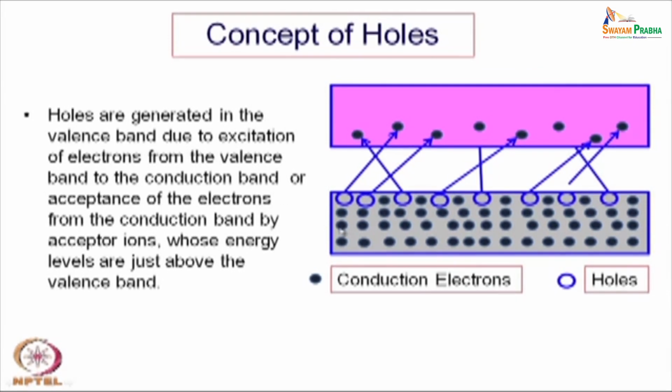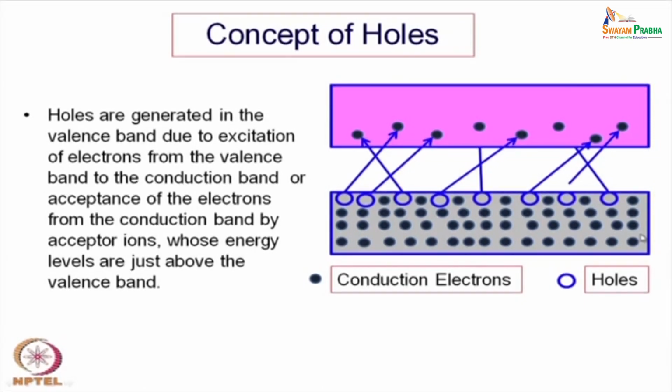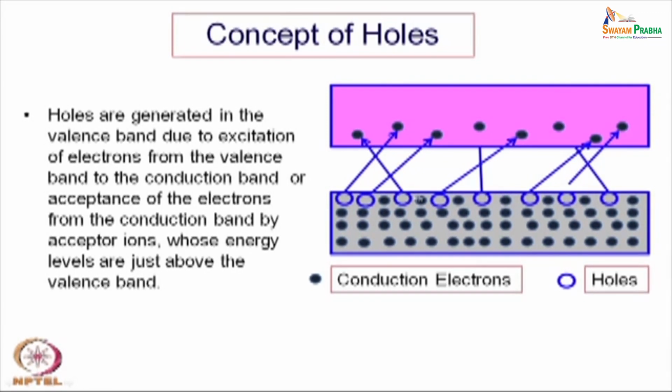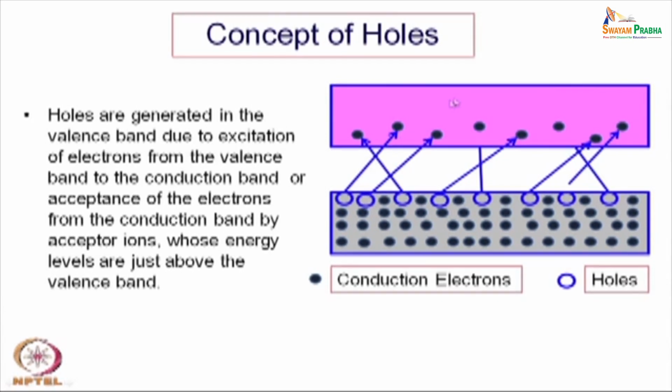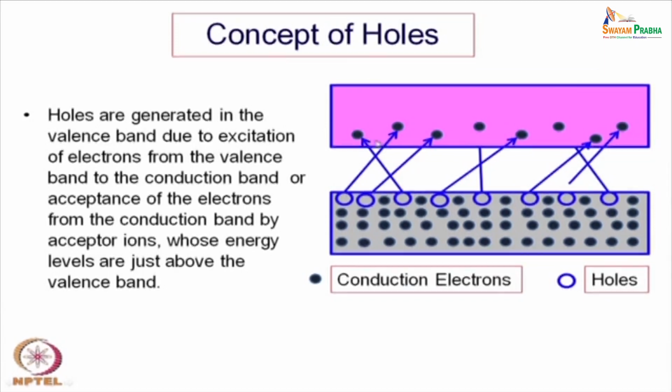So, by providing thermal energy, a relatively small number of electrons have jumped over, because not all electrons will jump over. It is the electrons closer to the energy gap here, the highest energy. One can say this was the Fermi energy, but it is not the Fermi energy. We will come to the concept of Fermi energy in a different way. So, electrons closer to the Fermi energy have jumped over to this. So, a smaller number of electrons are available here compared to the number of energy sites available.